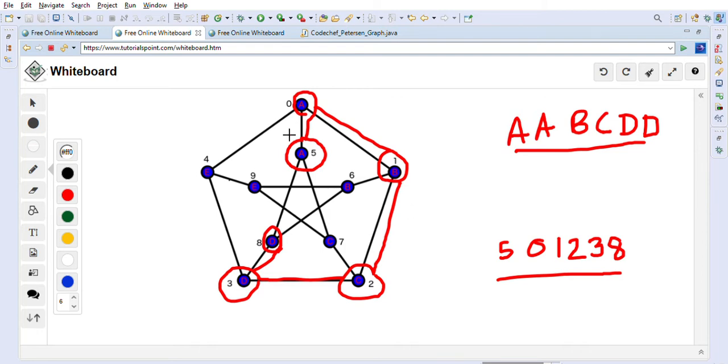So first thing is how we are going to solve this problem. First, we will create a connectivity linked list, which will tell us, let's say for the 0 node, which are the children of this 0 node. So 4, 5 and 1 are the children of the 0 node. This parent and child relationship we will create using a connectivity or adjacency linked list.